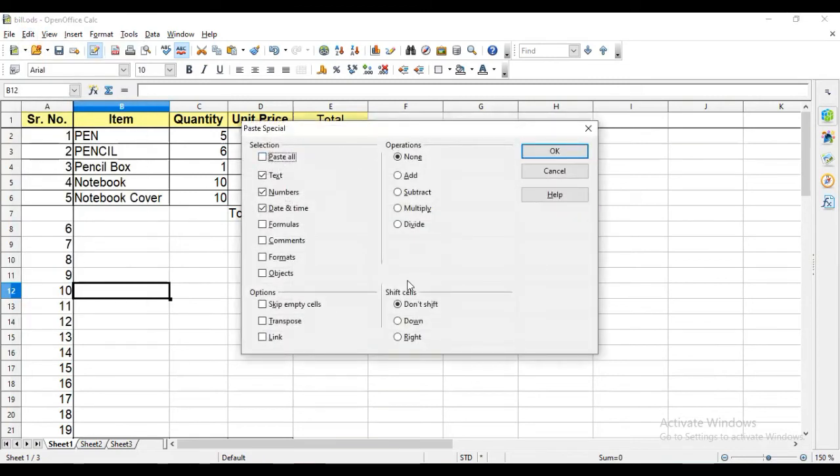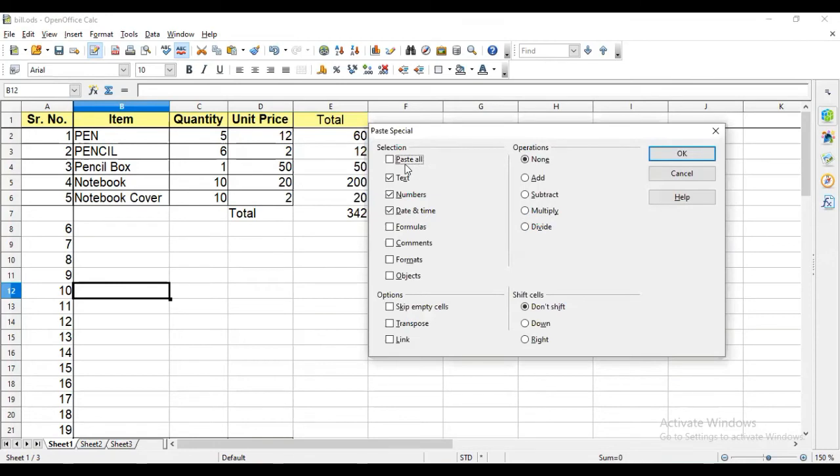You have different options for what you want to paste there. Paste all, that is the actual content. What you can see here, you will get text only, or numbers only, or date and time only, or formulas only, or comments if they are provided there, then formats only, objects, like that. So these are different paste options.